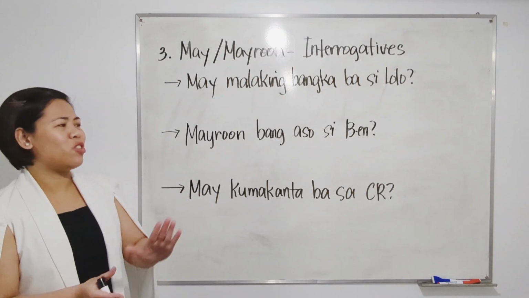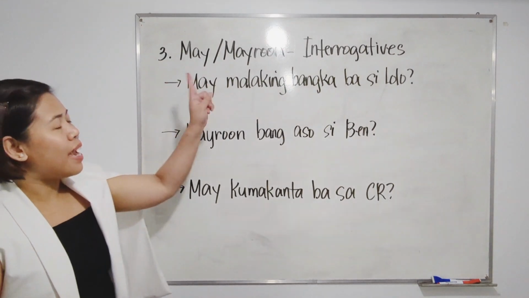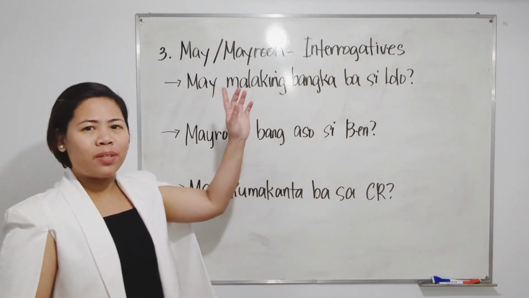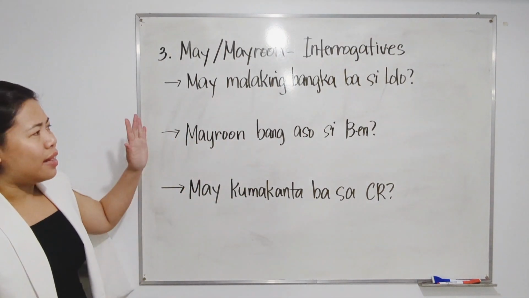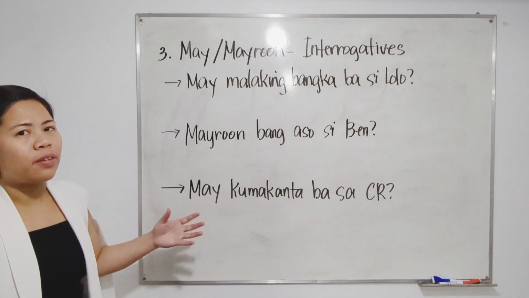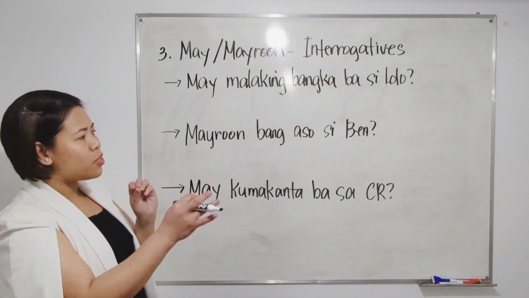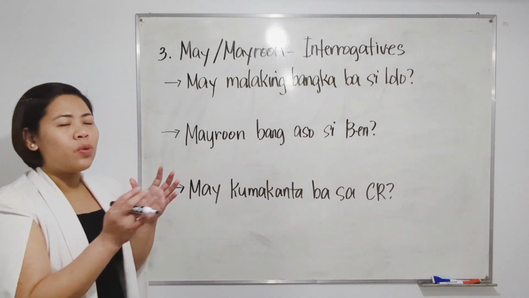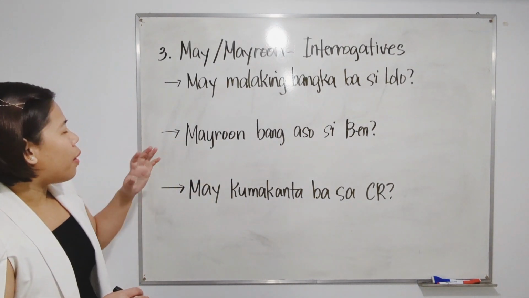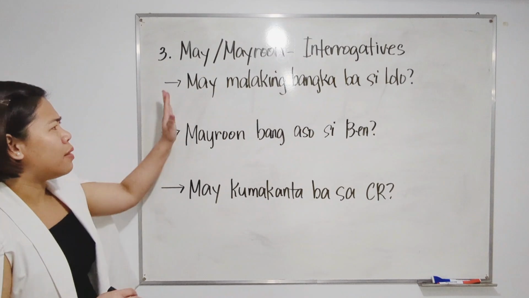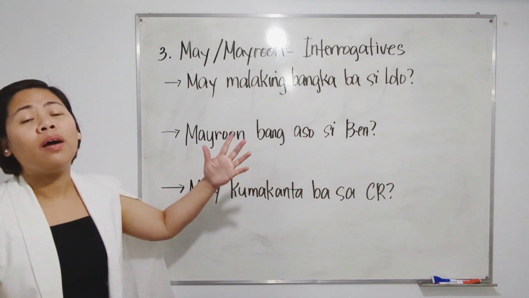Okay, last one. We cannot just leave this out because it is important as well. So, for my and mayroon interrogatives, what does it mean? When you're asking a question using my and mayroon, it's still the same rule, okay? But I am just going to show you how you can interchange them so that you can use my or mayroon. But we're just gonna analyze the sentences first. Actually, these are from the previous sentences I gave you. I just made them into a question form.